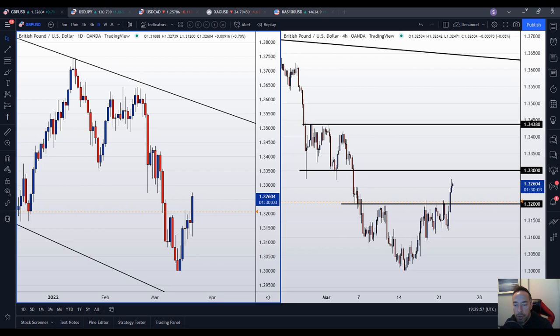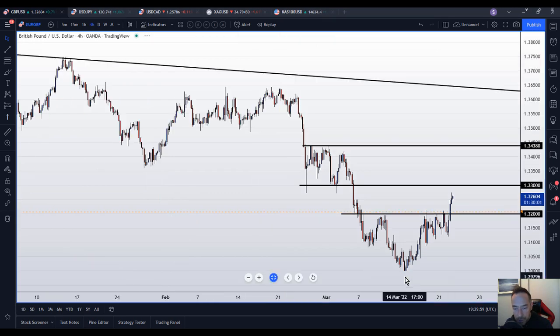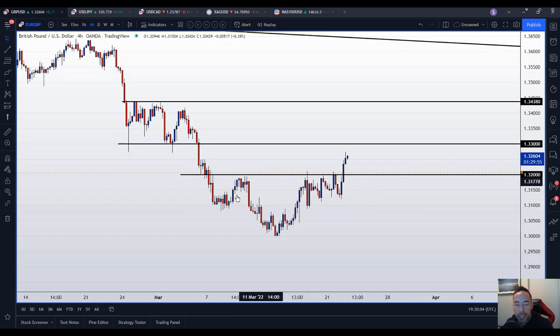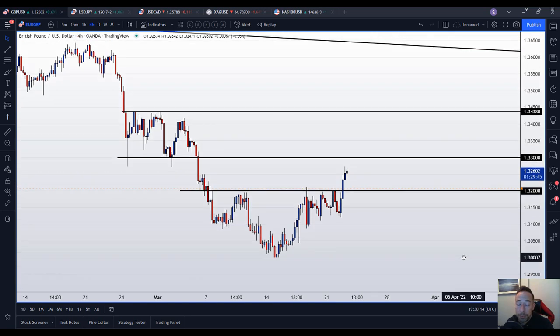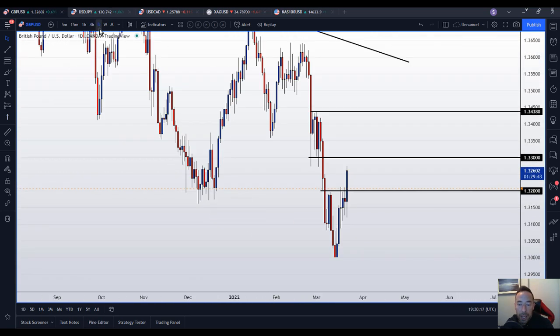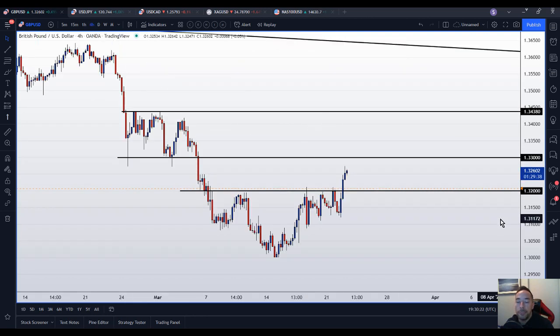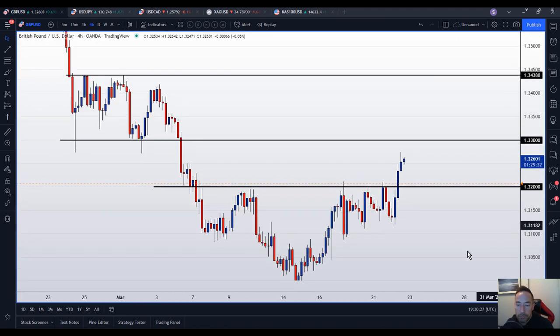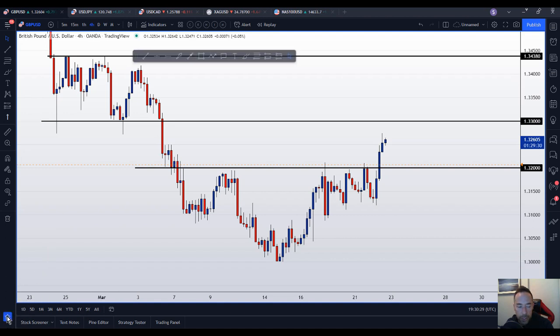Right, let's have a little look at pound USD. We do have pound news tomorrow, but this is something we've talked about, and Mark's talked about it. We've had some posts on social media about it as well. Looking at this inverse head and shoulders pattern: left shoulder, head, right shoulder, neckline here at 1.32. Now we've clearly broken above 1.32, and it looks like we're going to have a daily close above 1.32 as well. Now, technically, the trade we would look for is for price to come and retest 1.32.